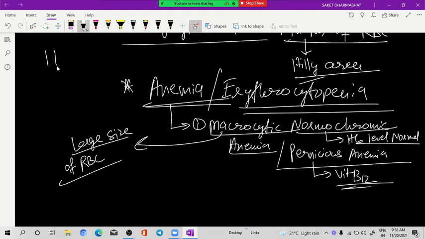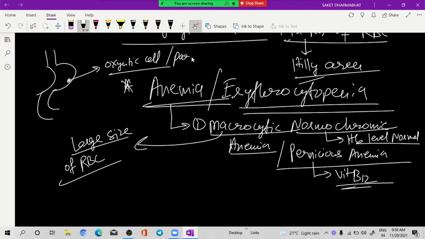Suppose in the stomach, gastric juice is secreted. There is one cell there. The name of that cell is what? Oxyntic cell, also called parietal cell. This oxyntic cell or parietal cell secretes two things. What are those two things? Concentrated hydrochloric acid whose pH is 1.8, and second, Castle's intrinsic factor. Castle's intrinsic factor helps in the absorption of what? Castle's extrinsic factor, that is what?